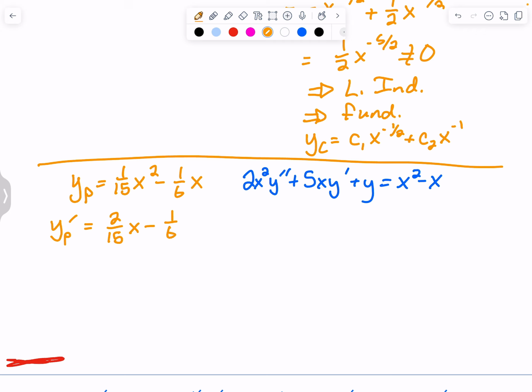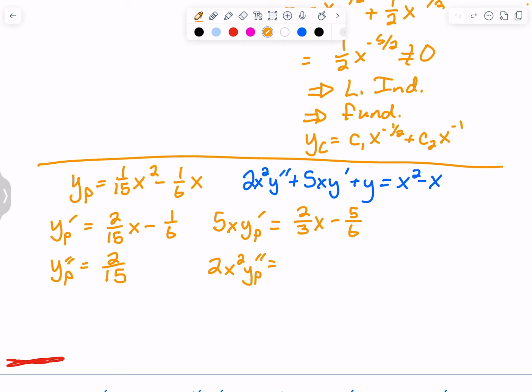Then I like to get my 5x y sub p prime. If I do times 5, I get 2/3 x minus 5/6. And then I need y double prime, that's 2/15. We need 2x squared times y double prime of p, which is 4/15